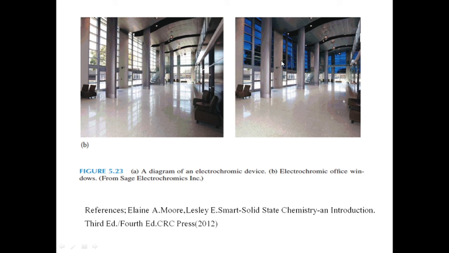I already said that this gives the potential for smart windows, which can be switched from clear to colored to control temperature in buildings and cars.